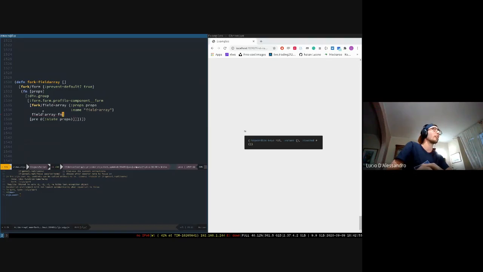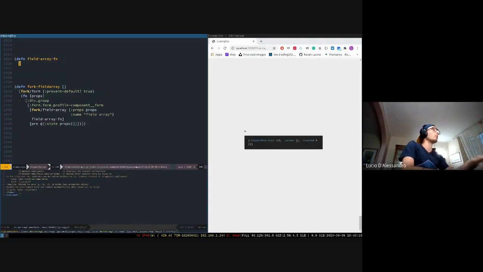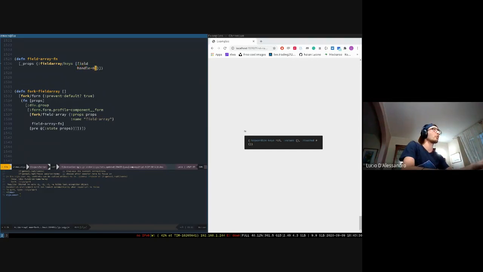We cannot use an anonymous function because otherwise we have issues with reagent re-rendering our component. So it has to be its own defined function. We cannot use an anonymous function, just that. But besides that, all the rest is pretty straightforward. So the first one is props, and I'm using the syntax because I'm not using it for now. And then the structure is going to be field array / keys, and they come from fork. And we have field, again, handle_change,